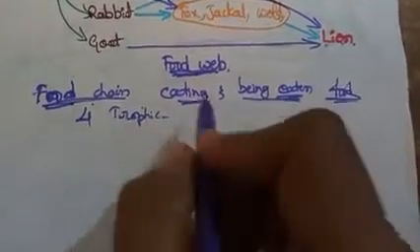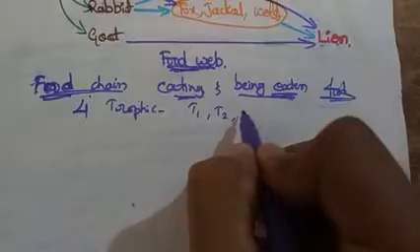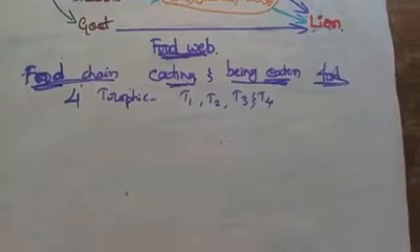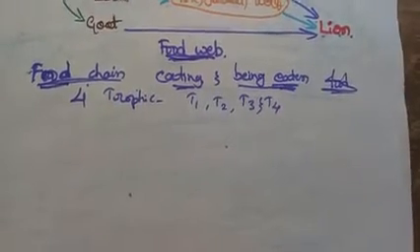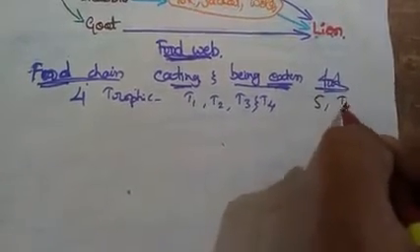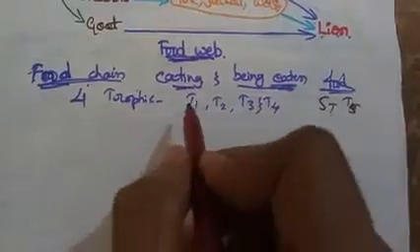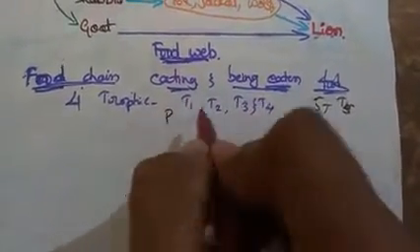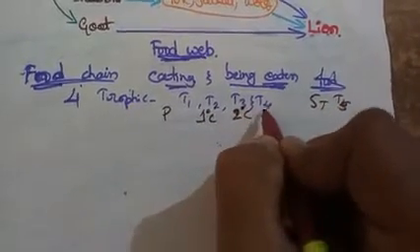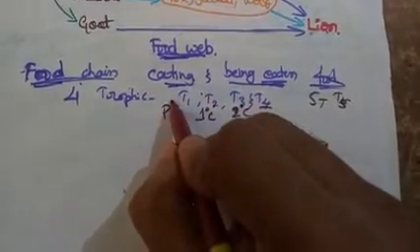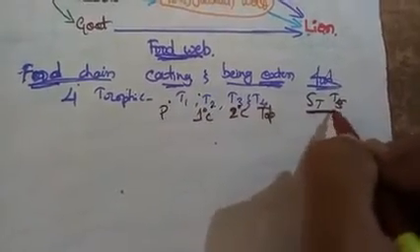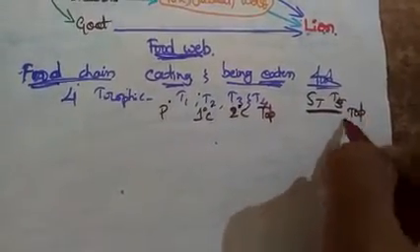So 4 trophic levels means T1, T2, T3 and T4. So these are all the 4 trophic levels we can see in a simple or a normal ecosystem. So if it is in a complex, we can find 5 trophic level, that is a T5 we can see. But in a normal, the T1 is always producer, T2 is always primary consumer, T3 is always secondary consumer. Here in the simple or normal ecosystem, T4 is a top consumer. Whereas in a complex ecosystem, T5 is the top consumer.